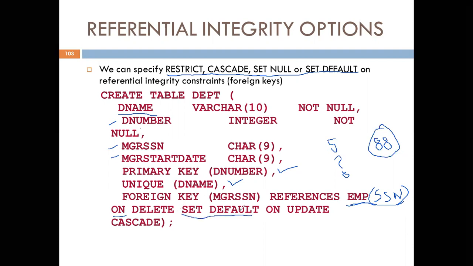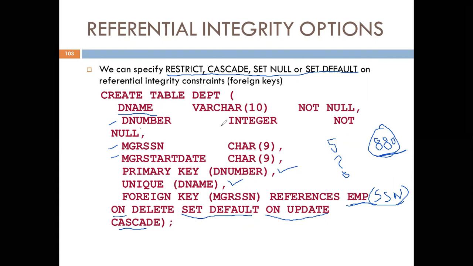Then on update cascade. Suppose now this employee 88 will be changed to 880. So the employee ID gets changed. If the employee ID gets changed in the employee table, then automatically that will be changed in the department table also.